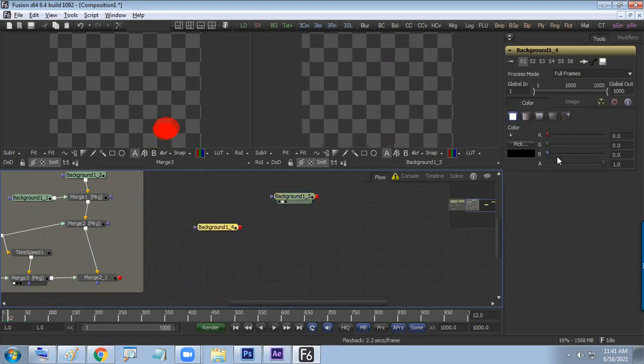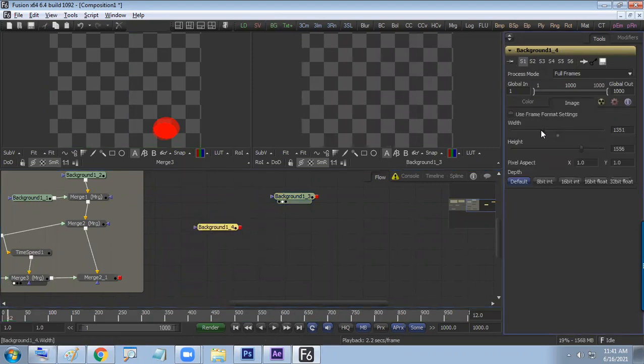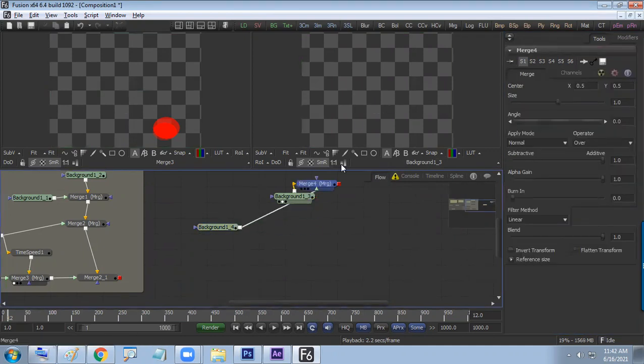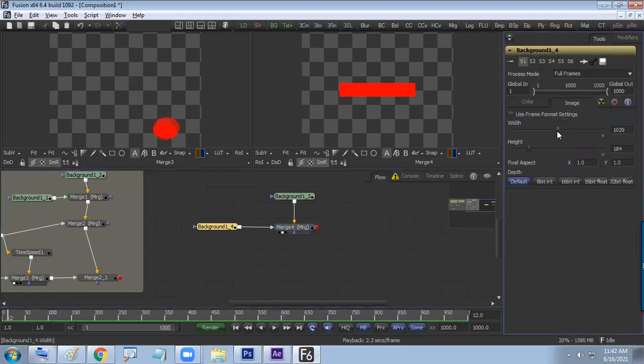Take a BZ with lesser height and width, with a red color, and connect it. Simple connection, ready. Make it a little slim, the height down and the width a little more.